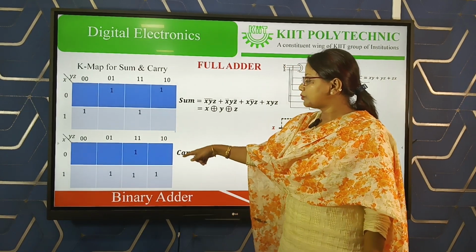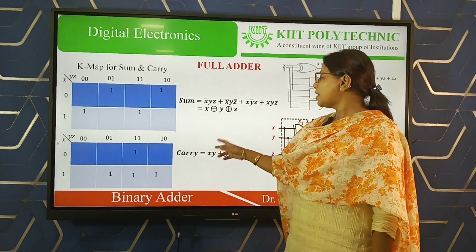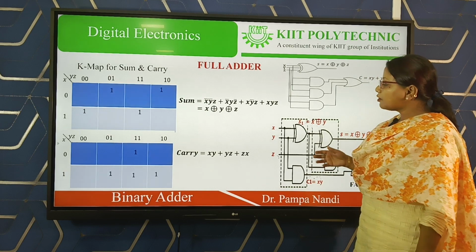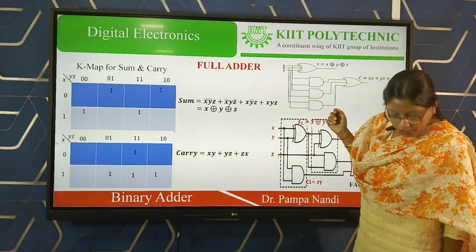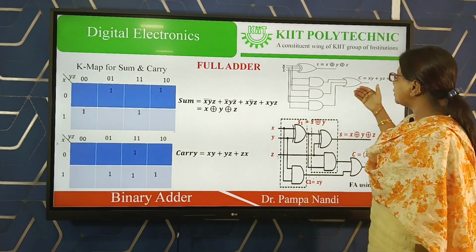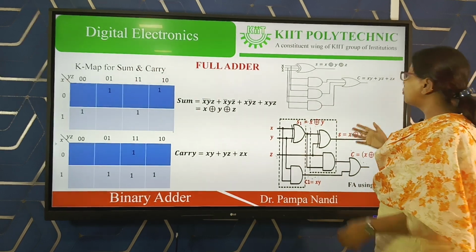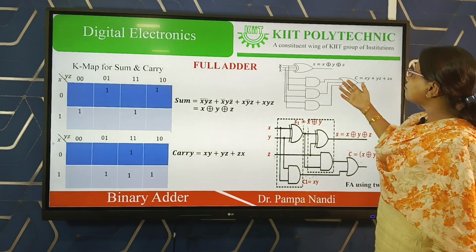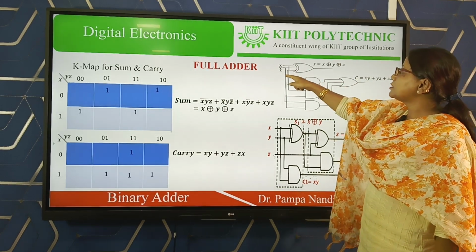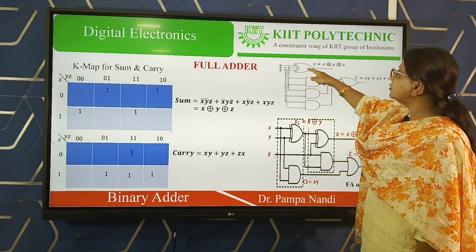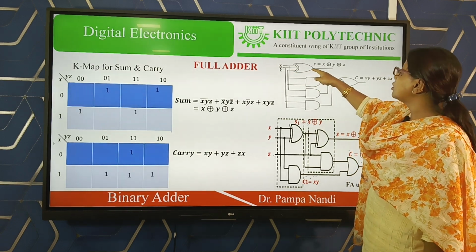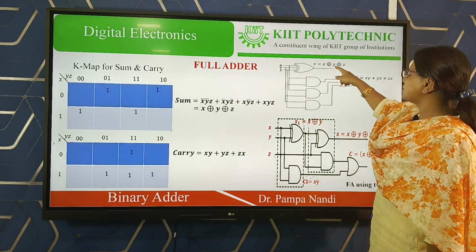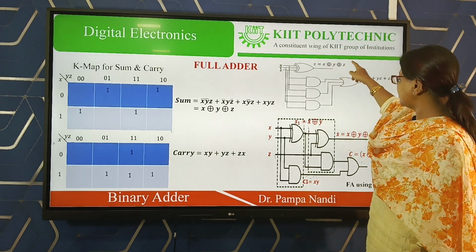We make the groups through this Karnaugh map, and after that you get the simplified version of the carry. Now here again we are showing the implementation in two ways: one with the basic gates, another using the derived gate. The first one is the basic gate version: x, y, z, my 3 inputs, I put into a 3-input XOR gate, so we get the value of sum, x XOR y